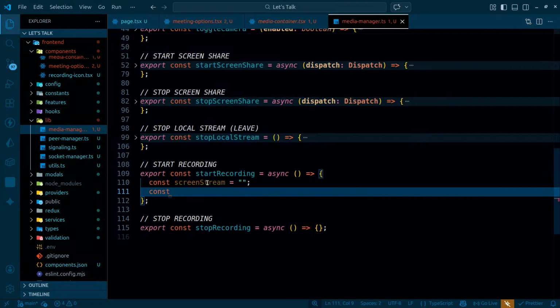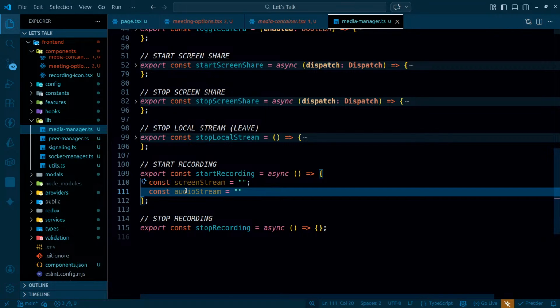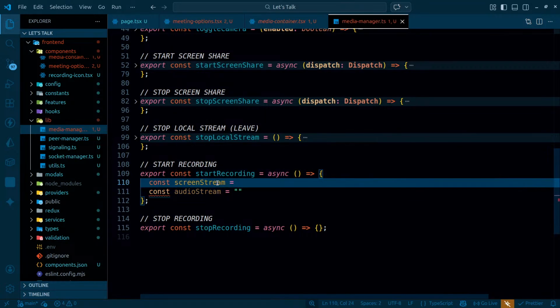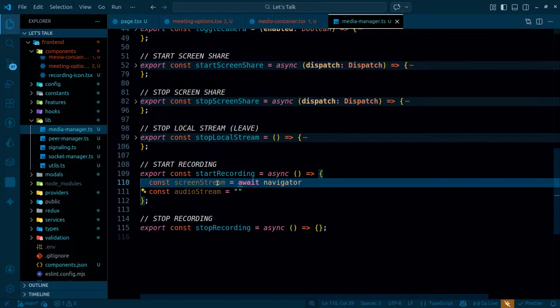Then I need to have the audio stream, because when I'm actually recording, at that time there should be both audio stream, audio as well as video. So audio stream, so there should be both. So let's simply get the stream first of all. So await, there is an object called a navigator. So navigator, this one, navigator dot